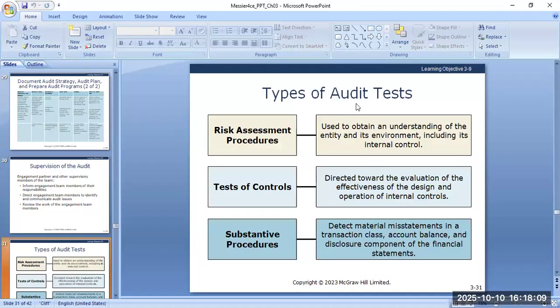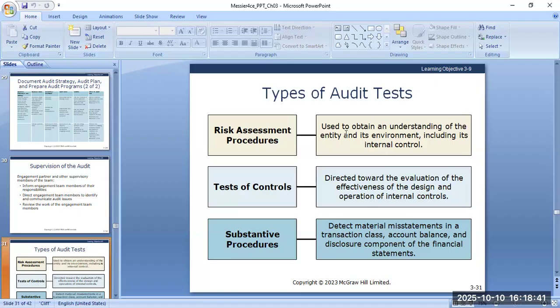Now, types of audit tests. What kinds of audit tests can we have? We can have risk assessment procedures, tests of the control, and substantive procedures. Risk assessment procedures will be used to obtain an understanding of the entity and the environment, including the internal control. Tests of the control will be directed towards evaluating the effectiveness of design and operation of the